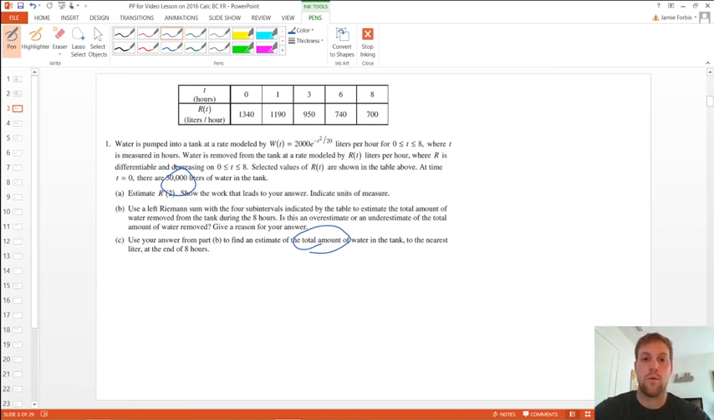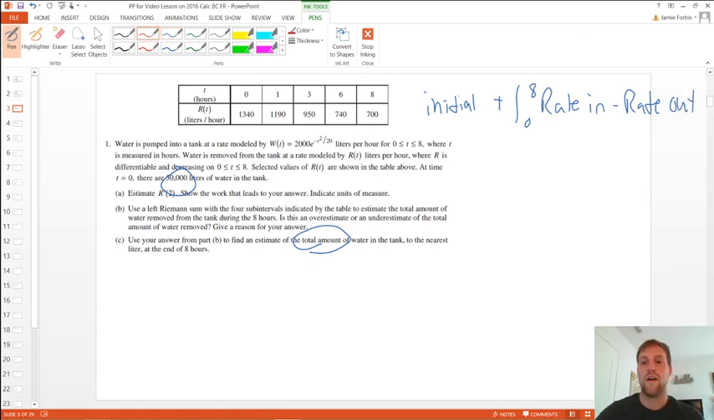Remember the formula for total amount of water in a rate in, rate out problem. It's the initial value plus the integral from 0 to 8, in this case, of rate in minus rate out. It's just that we don't have an equation for the rate out. In the last problem we estimated what the rate out was. The rate out's accumulation was 8,050. So how we're going to set this up: